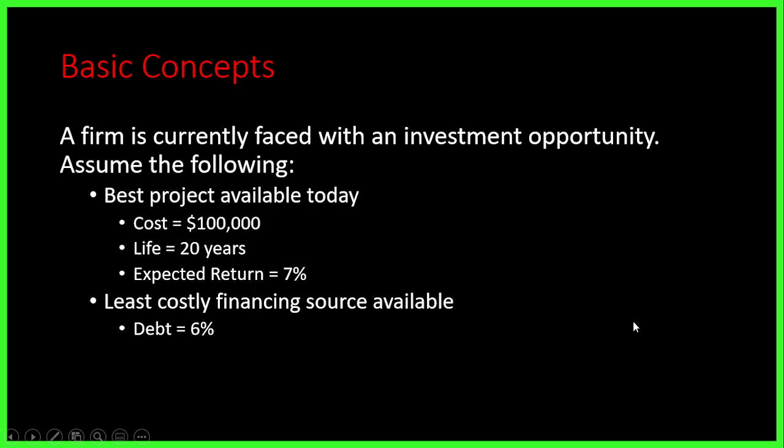To simplify that further, every time you use 100 pesos, you're going to pay interest amounting to 6 pesos. Now, if we are going to use this cost of debt as our hurdle rate, whether we are going to accept or reject the project, it appears that this project is favorable. Why? Because it will be earning 7%, more than the cost of debt, which is 6%. So you borrow, pay 6%, and then you invest that money, it will earn you 7%. So you have earnings of 1%.